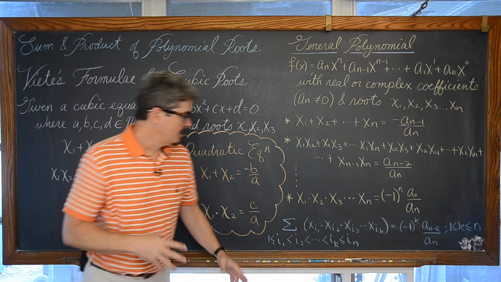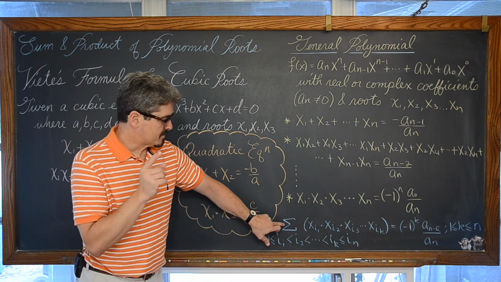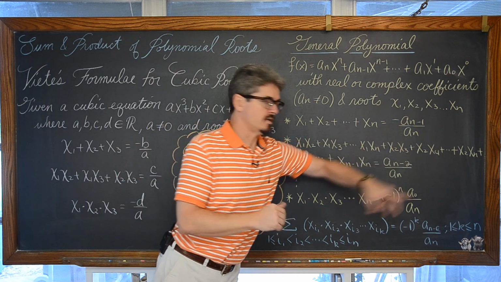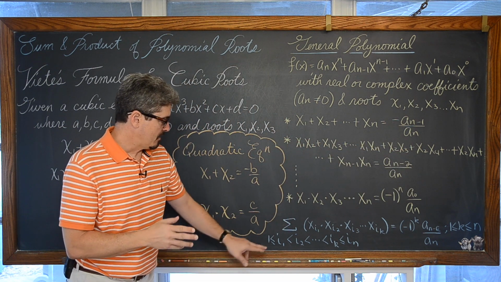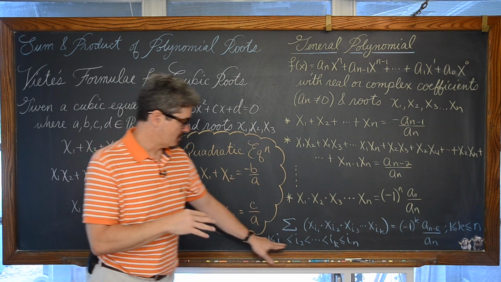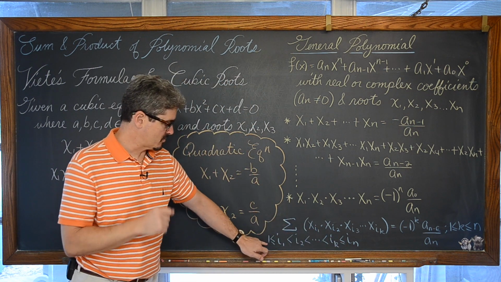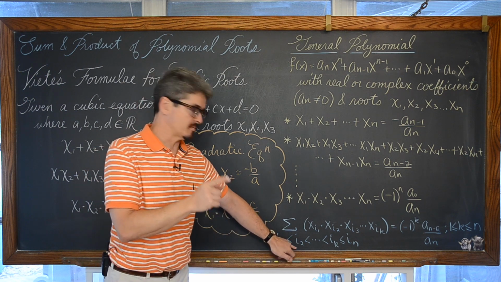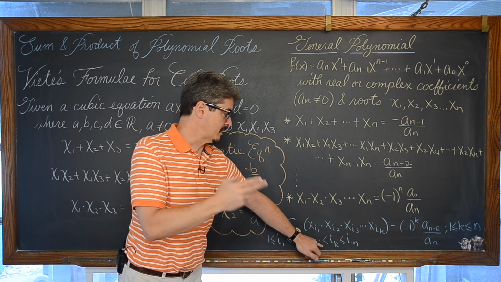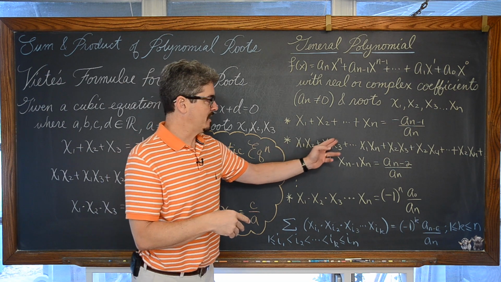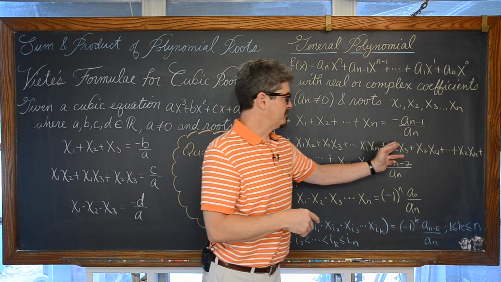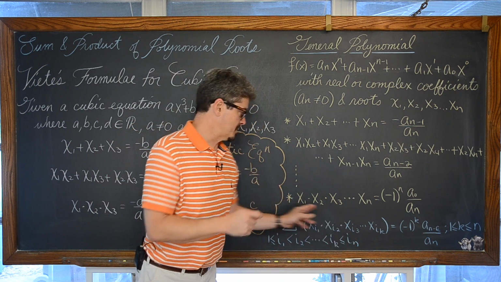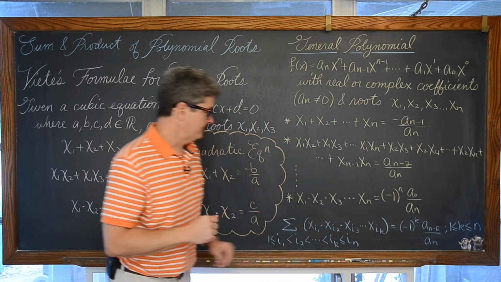So what is that? Well, we have this sigma notation, which is showing up nothing more than the addition of all of these terms. And we got a big fancy subscript here, or notation below our sigma notation, where it says 1 is less than or equal to i sub 1, which is less than i sub 2, which is less than i sub 3, and i sub 4, basically talking about how many roots you are multiplying in each of these terms, all the way up to a sub n, which we see here in our last line.